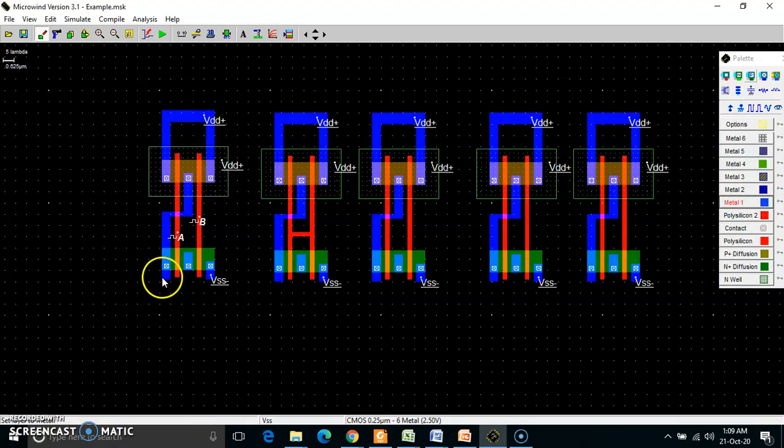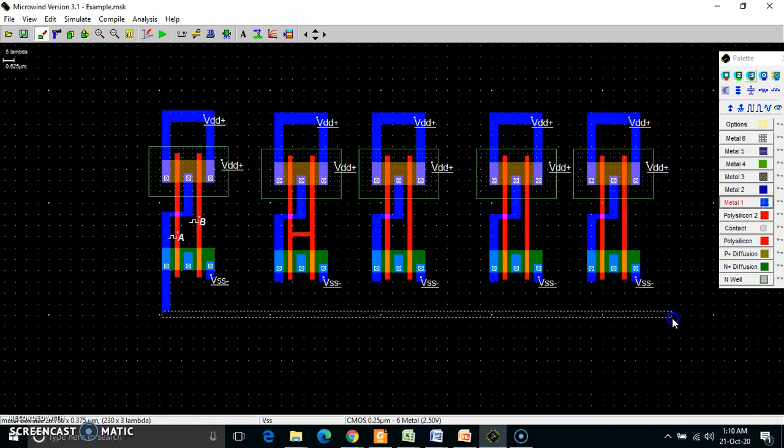So I am stretching this over here, and stretching it at this side, because next time I want to connect this output here also. And this particular input I need to connect over here, so I am stretching this polysilicon, because already these 2 inputs are connected. I have already shorted it over there.